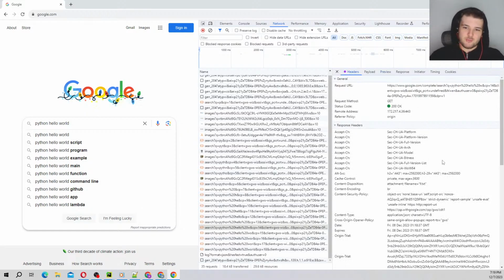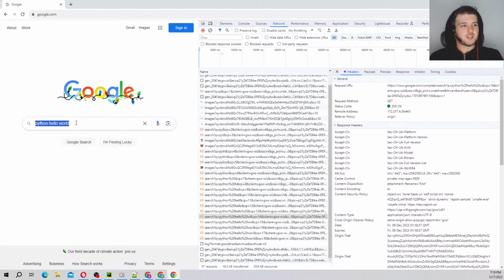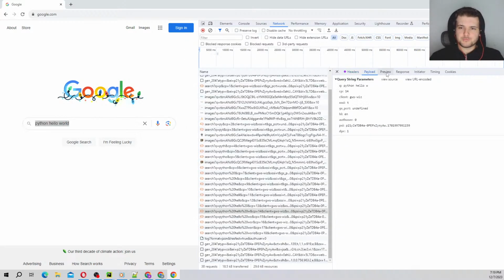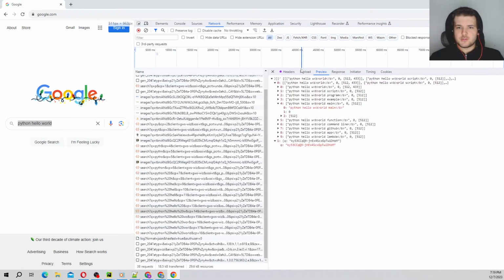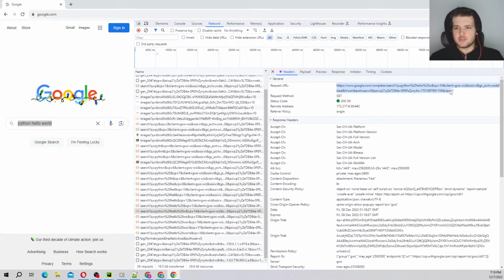This is all super dependent on the server, so if they change something with one of these headers, I wouldn't know, and I'd have to do it the hard way to figure it out. But if I'm typing it through here, it's easier for me to just type it and let their code handle communicating to the server, starting this transfer of messages, and I'll just pick up whatever comes through. That just makes the most sense. So here's our results. Now the headers, this is typically going to come in Google complete search queue equals